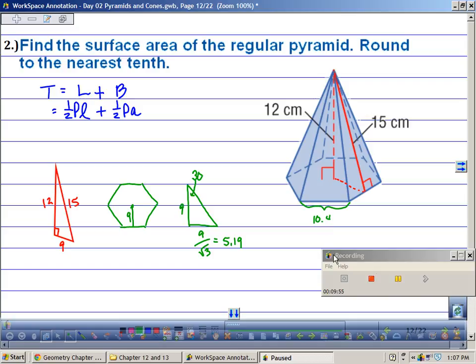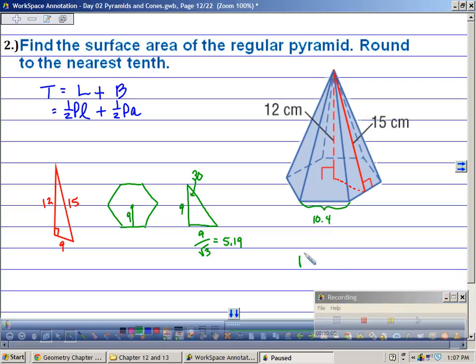So if this is 10.4, what is the perimeter of this figure? 6 times 10.4. What do we get, guys? Oh, no, that's not right. 80 and 80. Okay, so